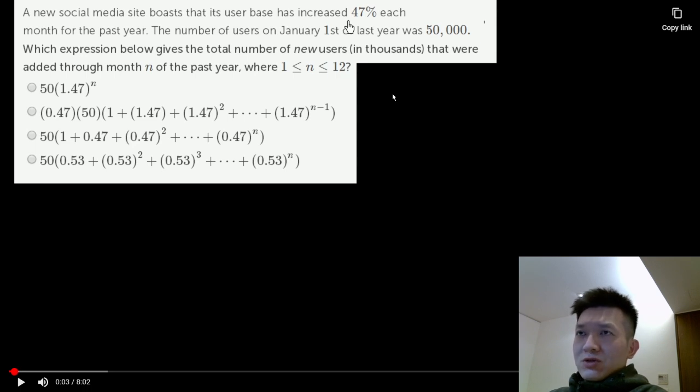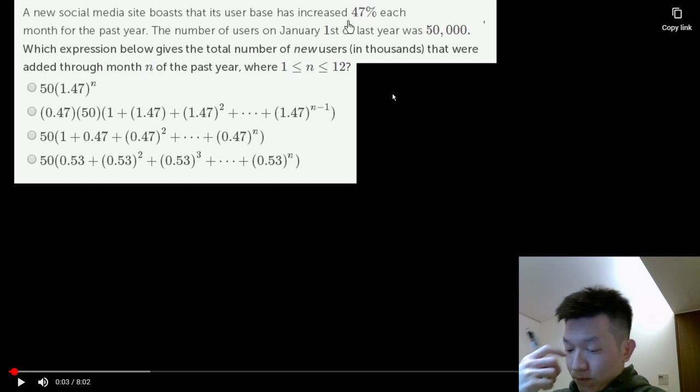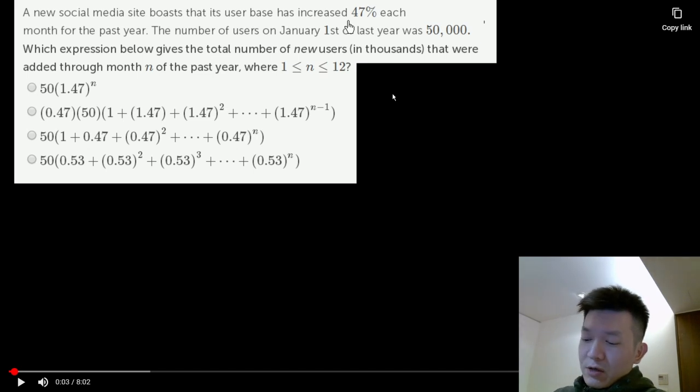So it just wants the numbers that were added, okay? So we have 50,000 as our start, so that's not what we are adding. What we are adding is what? We are adding 50,000 times 47%, because we have an increase of 47%,